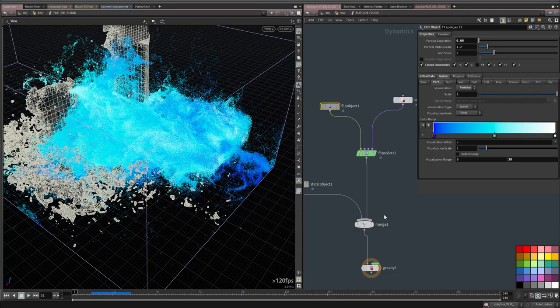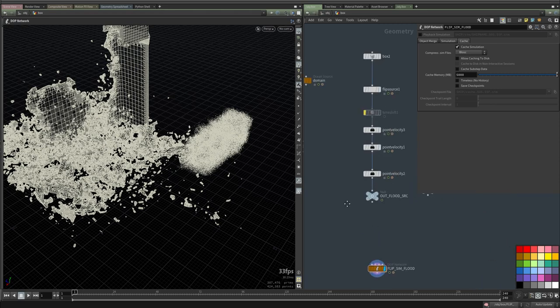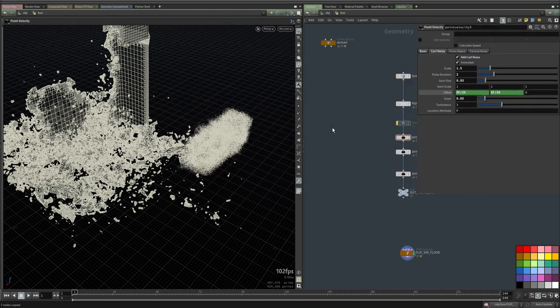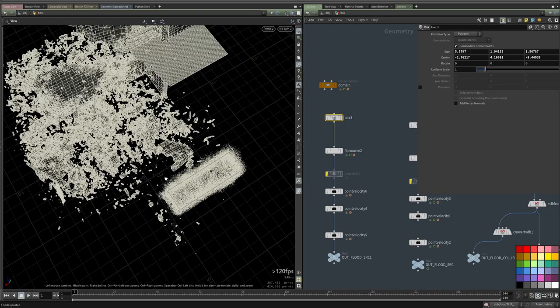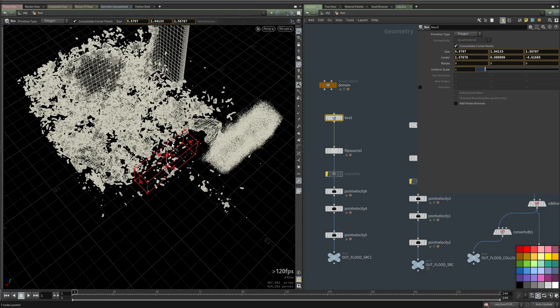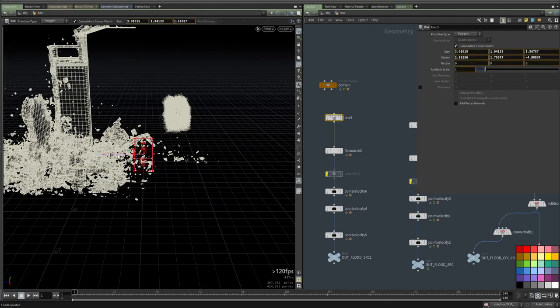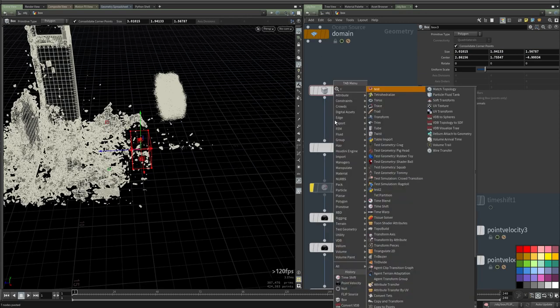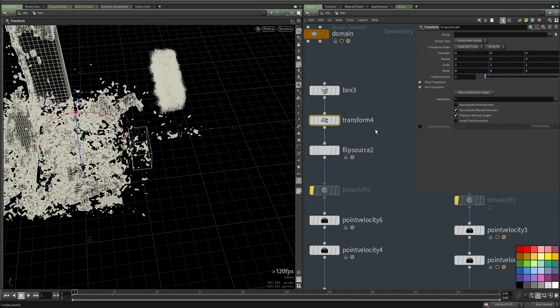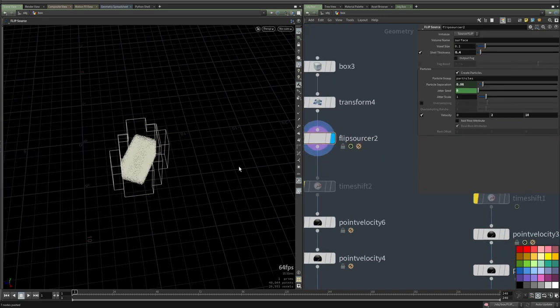So what I'm going to do is I'm going to copy this guy, and I'm gonna move it, create basically another source that is smaller, and this one I'm gonna rotate like that, just to add more breakups, that's all. And for the source, I'm gonna have it shoot up,